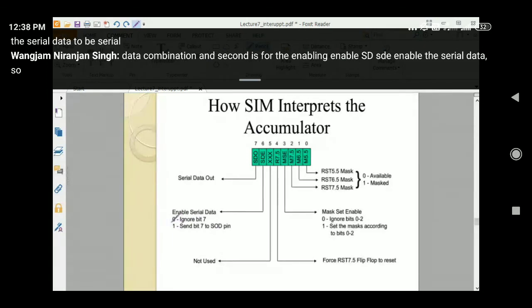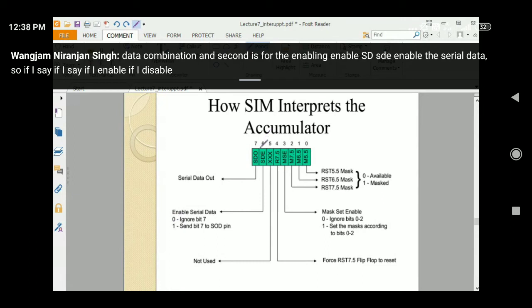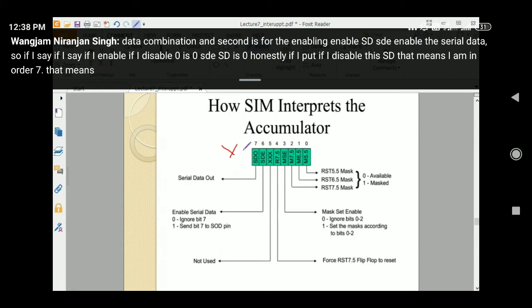If I disable this SDE by making it 0, that means I am ignoring bit 7. That means I am not going to use serial data communication, I am not going to do serial data transfer. So in that case, we disable it.